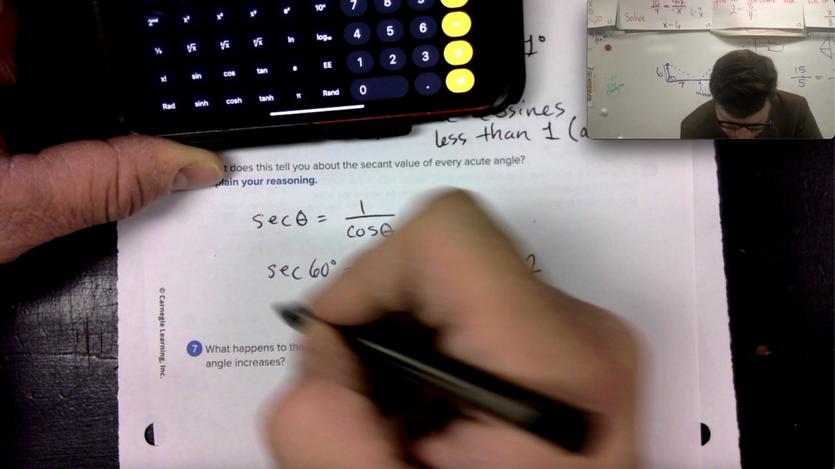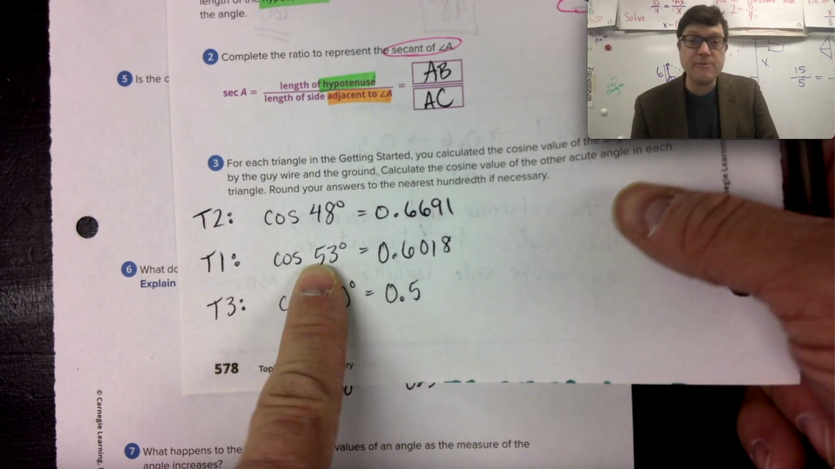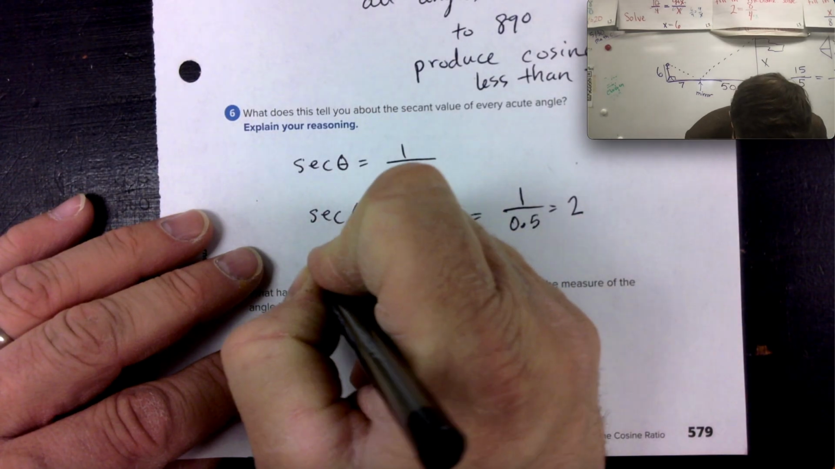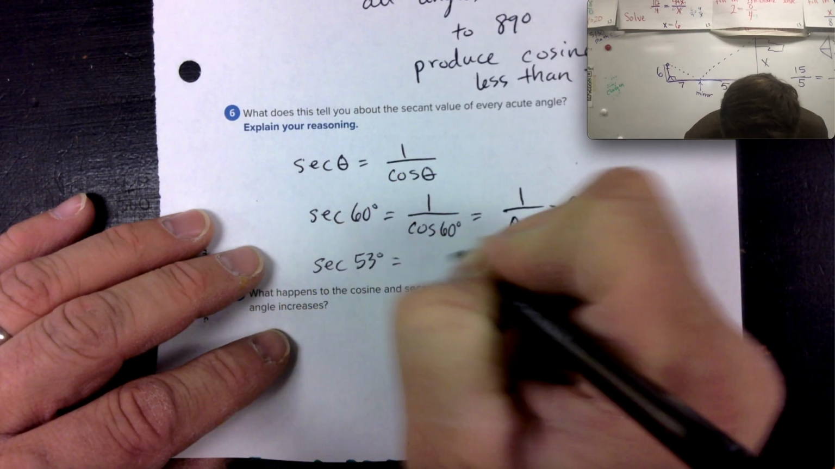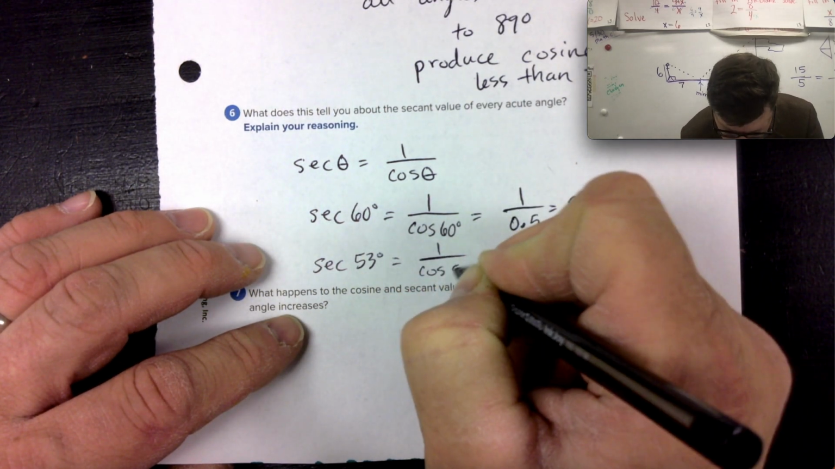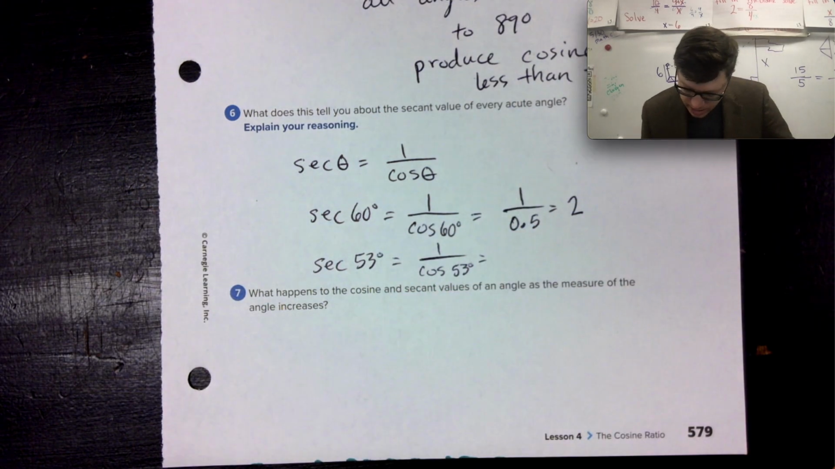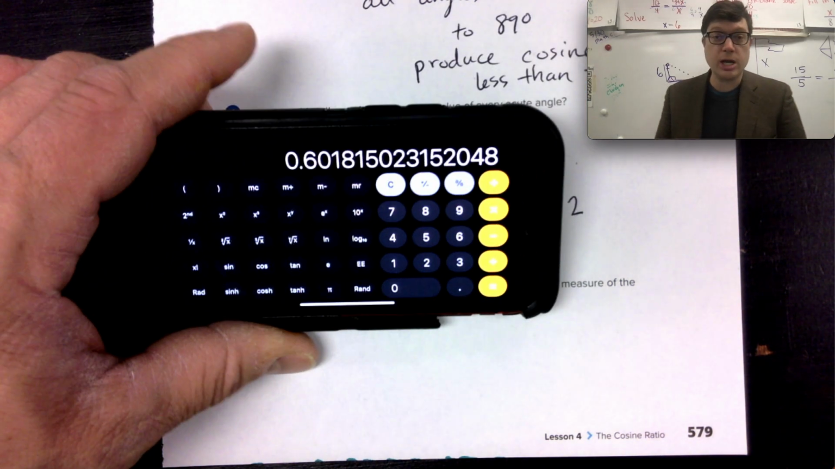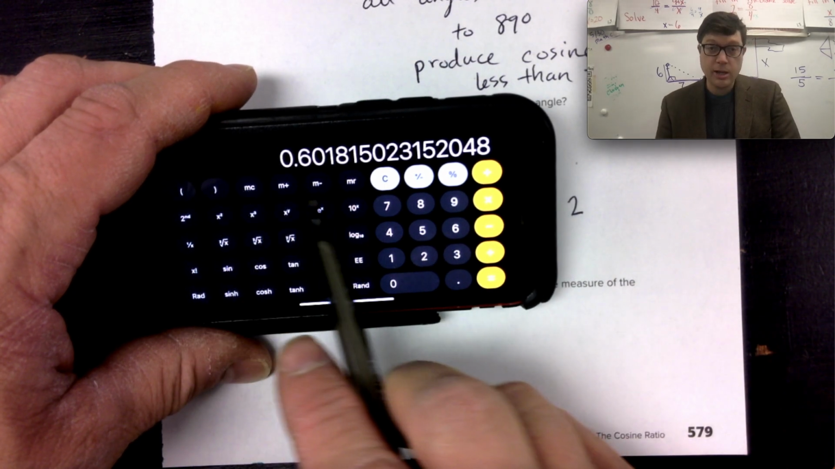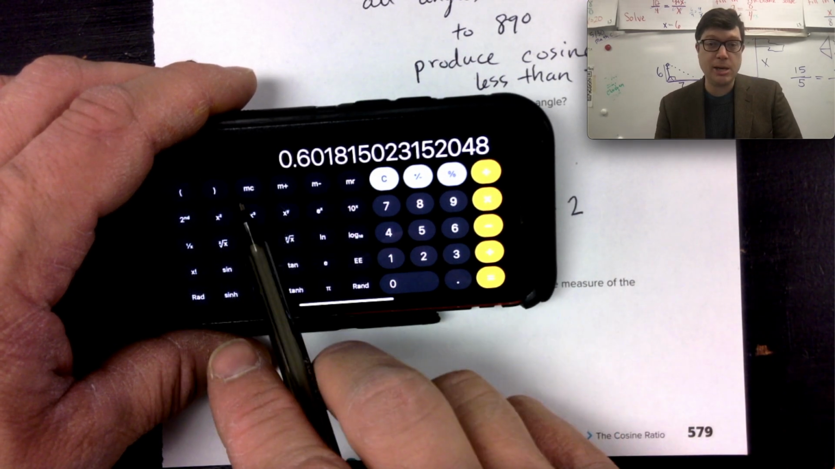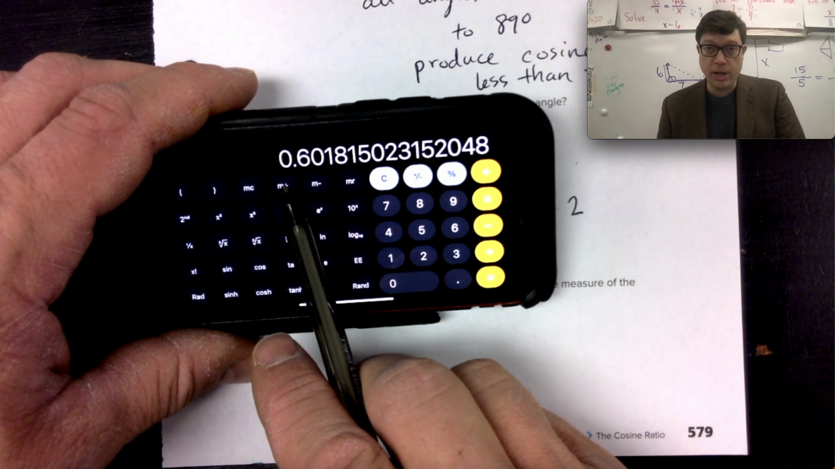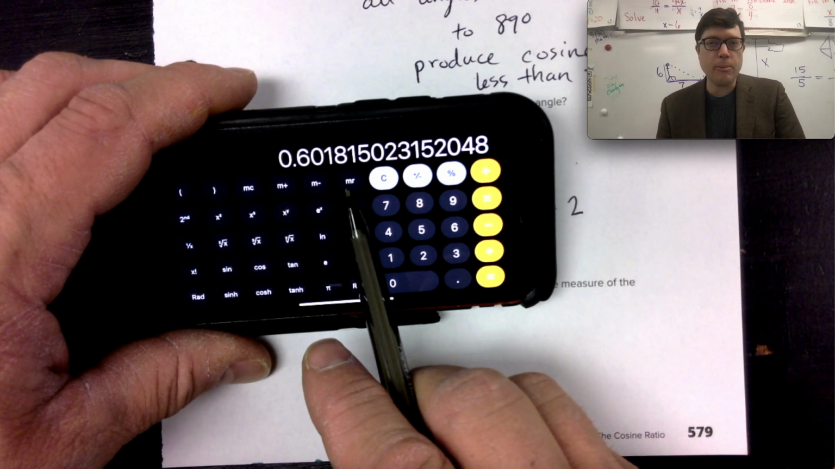Let's try another one. From that page 578, let's try cosine 53 and find the secant of 53. Secant of 53 degrees would be 1 over cosine of 53 degrees, which means I have to go find 53 cosine. Oh, here's a trick on the iPhone. You see these M's up here? They say M plus, M minus, MC, and MR. This stands for memory clear,